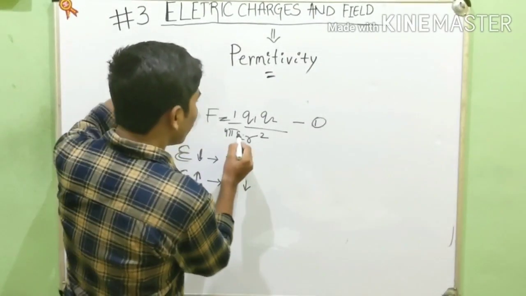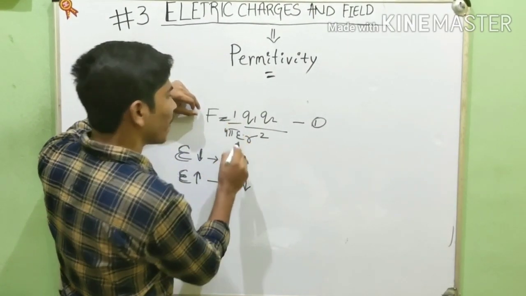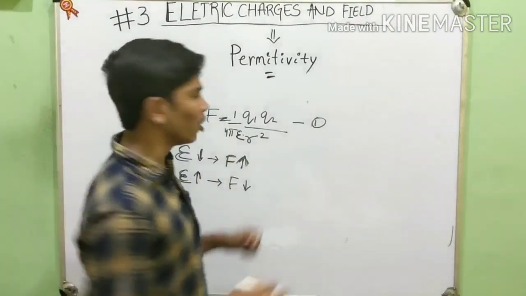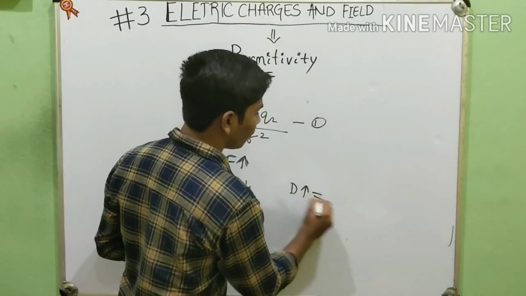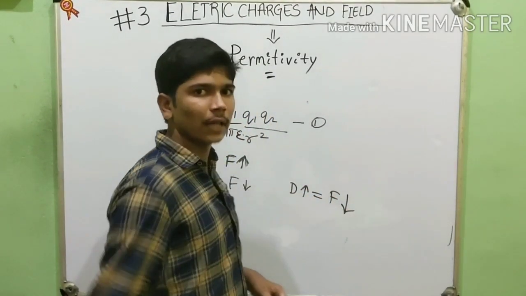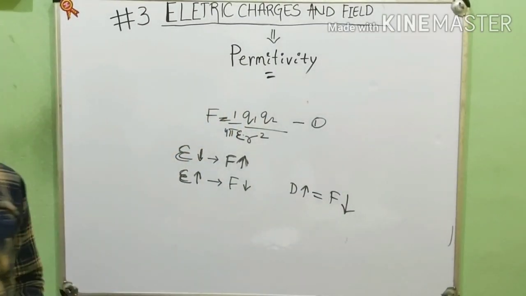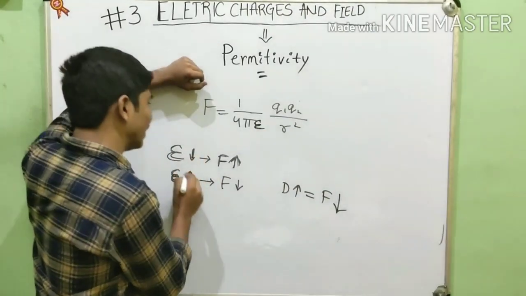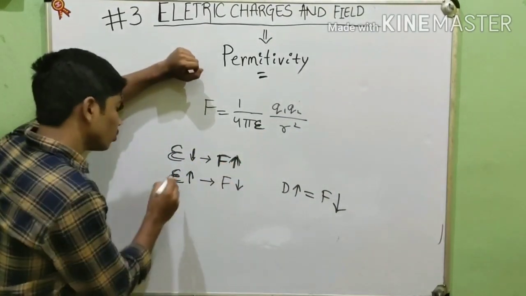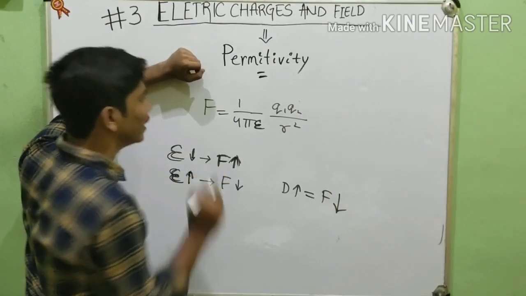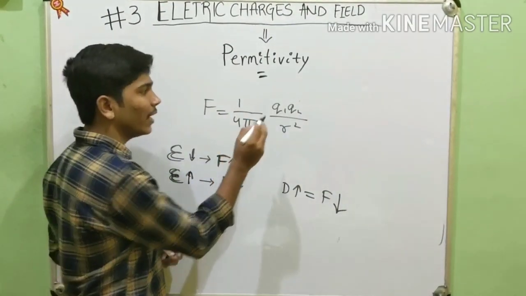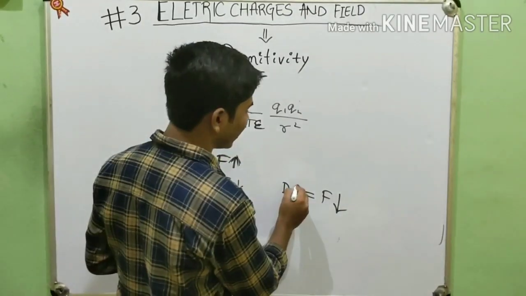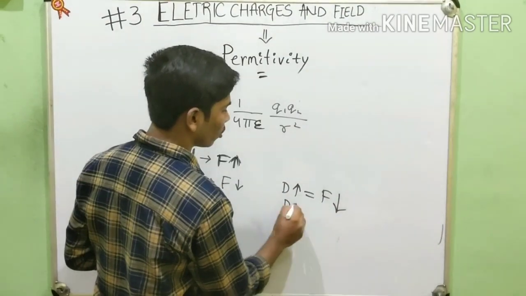True or false? F is equal to 1 by 4 pi epsilon Q1 Q2 by R square. This one is in the denominator. If the denominator increases, then the force will decrease, as you know from lower classes. So when epsilon decreases, force will increase. When epsilon increases, force will decrease. When the denominator increases, force will decrease. When the denominator decreases, force